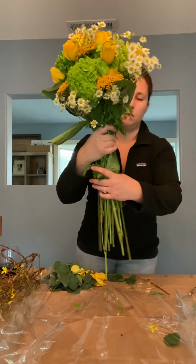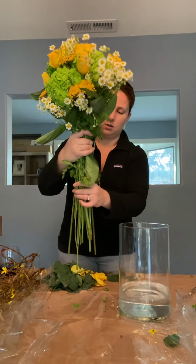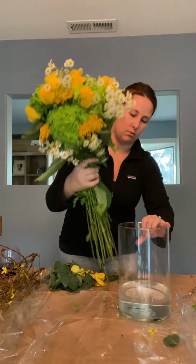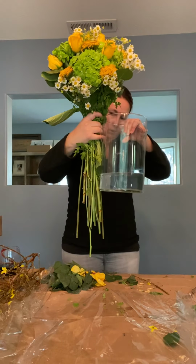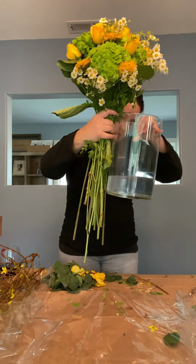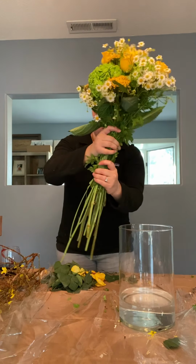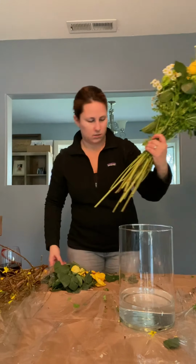Okay, so I don't excel at math, but here's what we're gonna do. You wanna measure how high your vase is based on your lowest flower, right? So my lowest flower is about here. So that's where we're gonna cut our flowers, all right? So the old saying is true, you do want to cut your flowers at an angle,